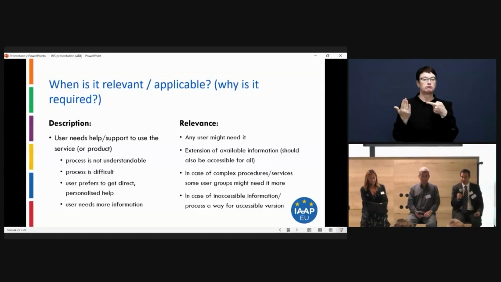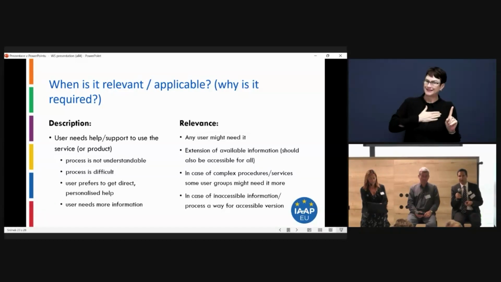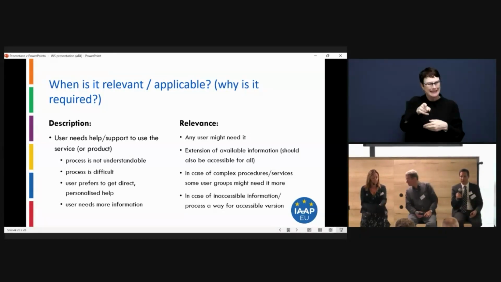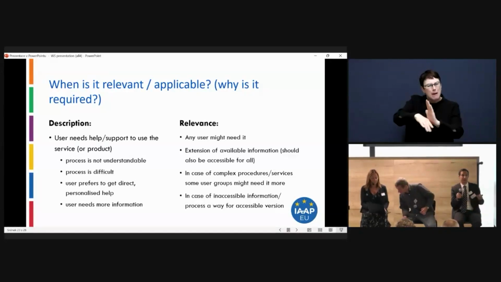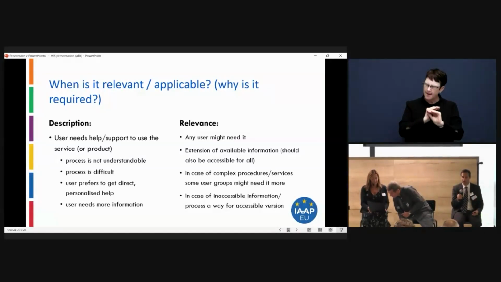Who needs it? Again, it goes back to when users need support service, it's a kind of a vulnerable situation. They might need it because they don't understand the process or they don't understand how to use the product, or the process is difficult for everybody, or they prefer to get a personalized direct help, or maybe there's information that's missing that's not published and they need that.